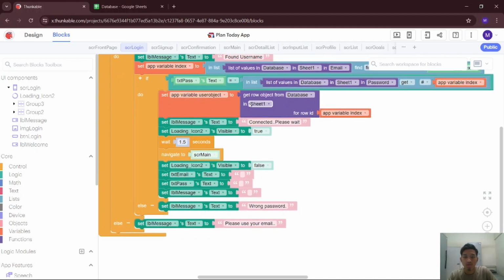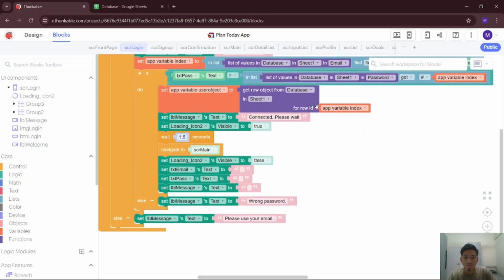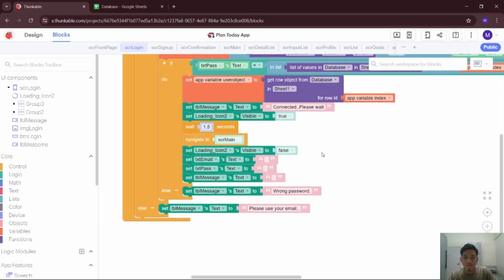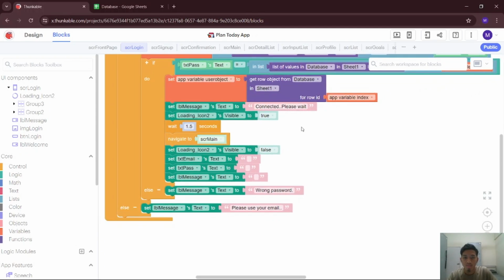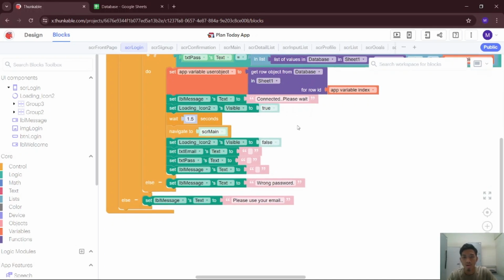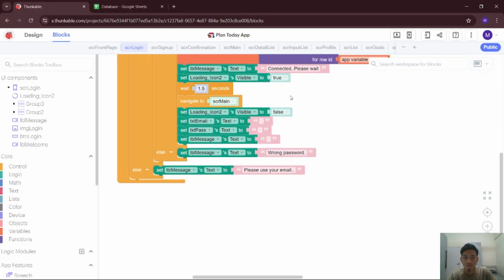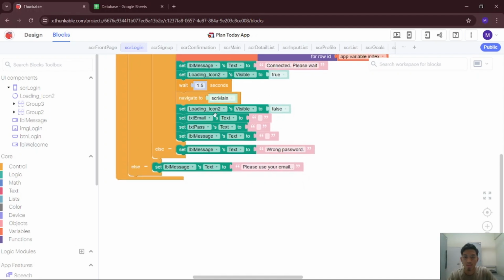So if equal, or if it's true, I set the user object to get the row object from the database in sheet 1 for the variable index, for that row. And then I will set the message label to connected, please wait, and loading icon visible to true, and wait for 1.5 seconds and navigate